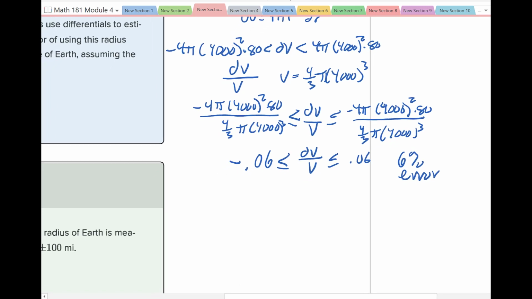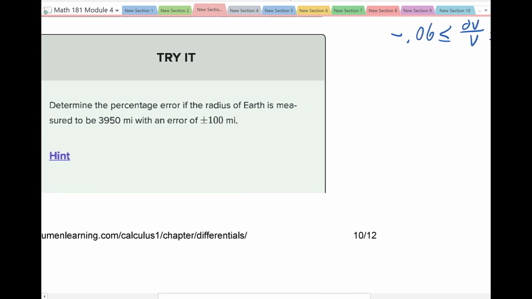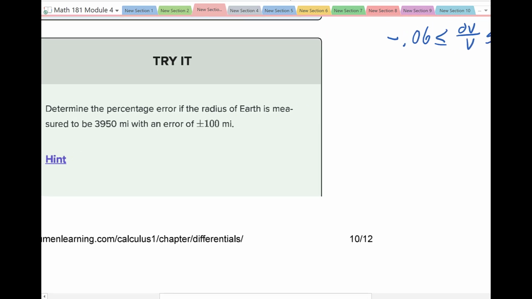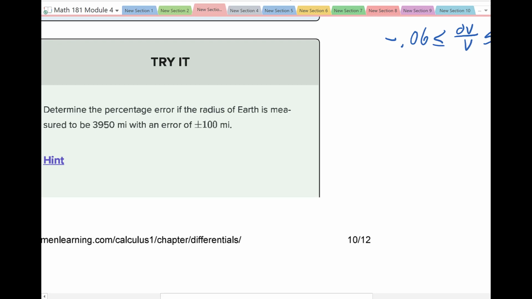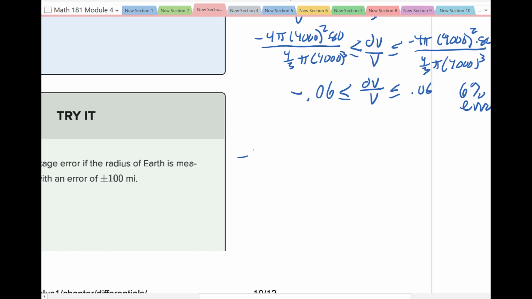And then we have one more to look at here. Very similar. Determine the percent error if the radius of the Earth is measured to be 3950 with an error of plus or minus 100. So very similar final calculation. It's negative 4 pi times 3950 squared times 100 over 4/3 pi times 3950 cubed